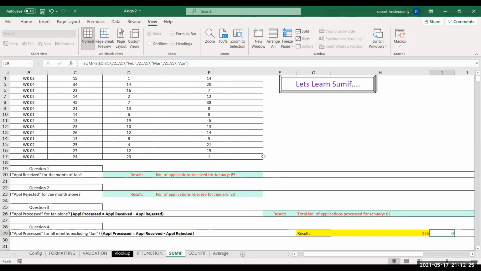Okay, see, you are applying SUMIFS. First of all, the range that you have selected is E1 to E17.